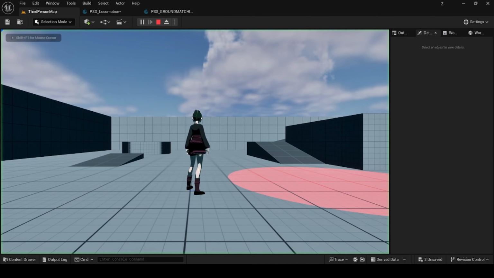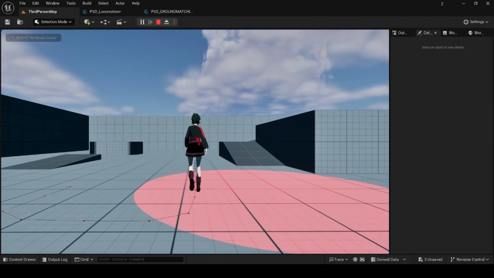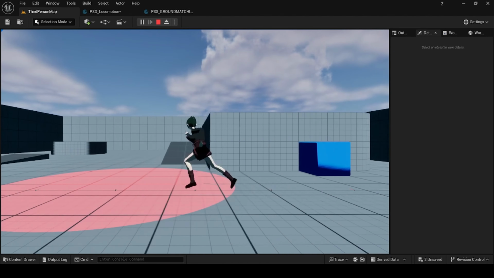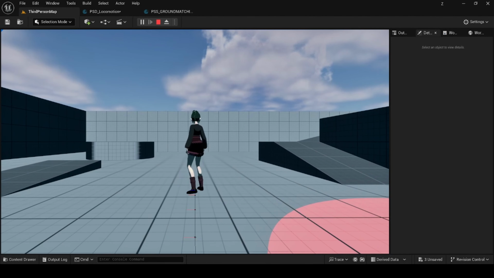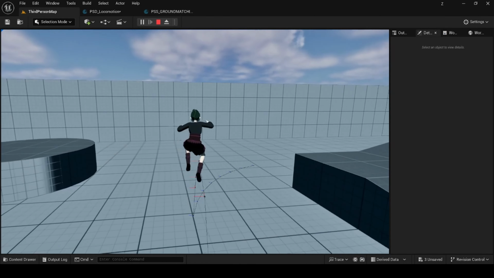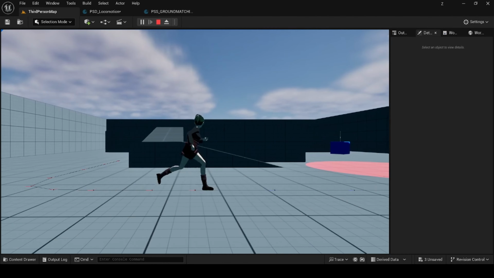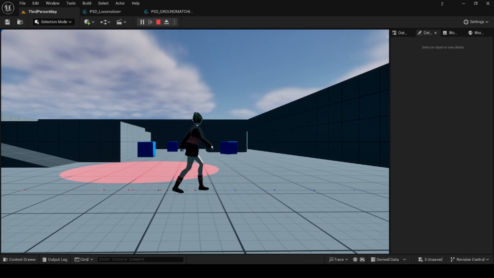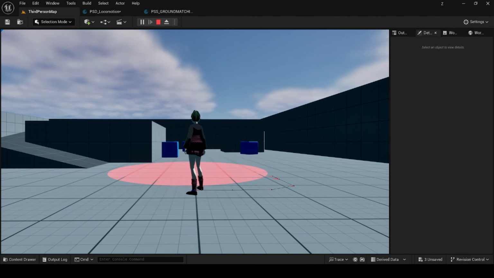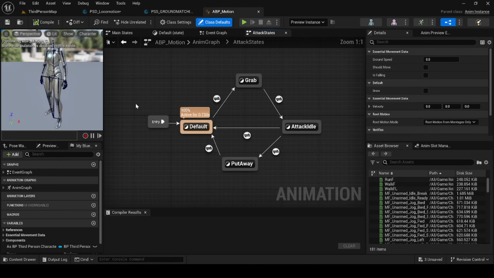So with all of that, looks pretty good. Pretty much no work put in to get it to look this good. Usually you'd have to use a lot of animation blending and all that sort of thing, but I didn't do much of that at all. In the blueprint,